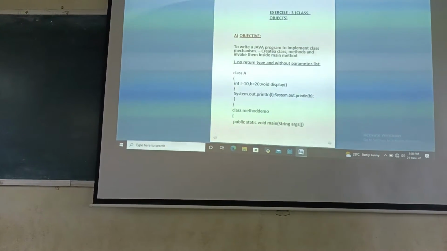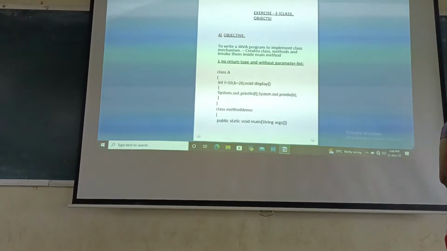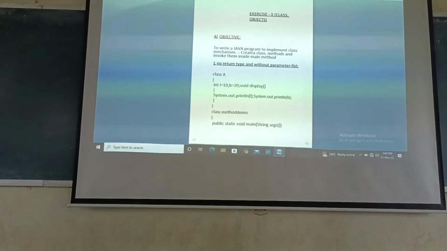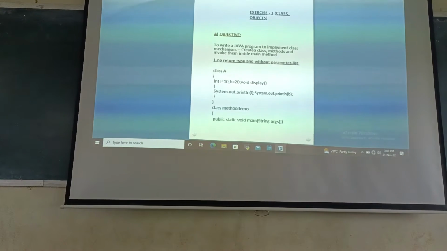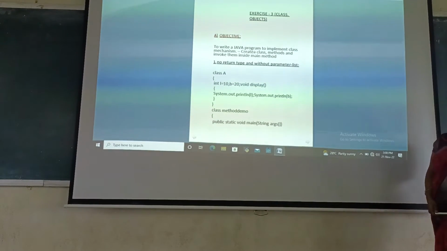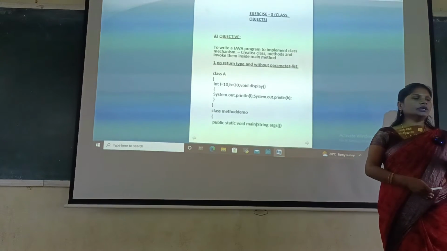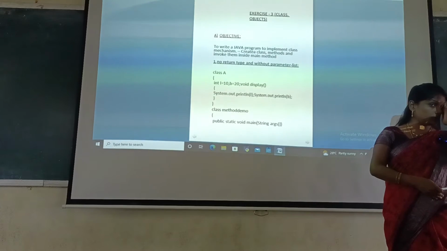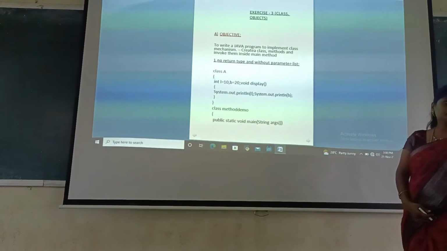So first you have to know what is a method, how to declare a method, how to define a method, and different types of methods. This is a big question, essay question. Okay, so what is a method, how to declare, how to define, what different mechanisms are available in methods. So first one, what is a method?